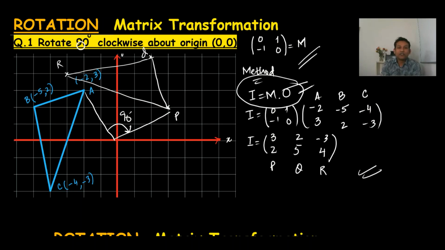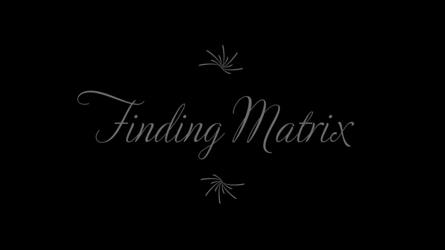If you have a rotation of 90 degrees anti-clockwise, you have to use the anti-clockwise rotation matrix for 90 degrees. When it is given to rotate 180 degrees clockwise or anti-clockwise, we have to use that one. Just change the matrix, and the method will be the same. The same method will be used for all the matrix transformations.